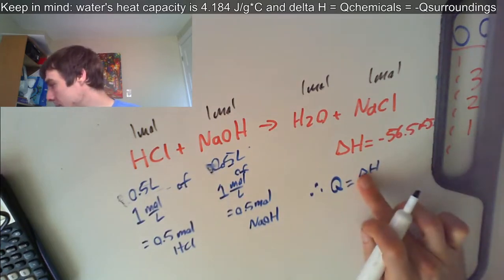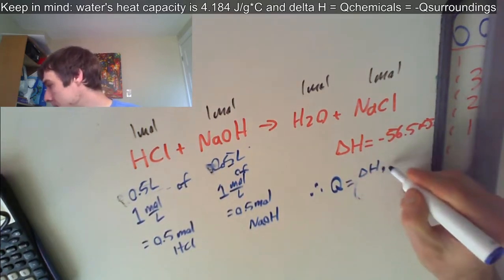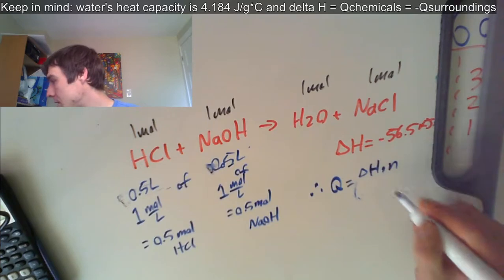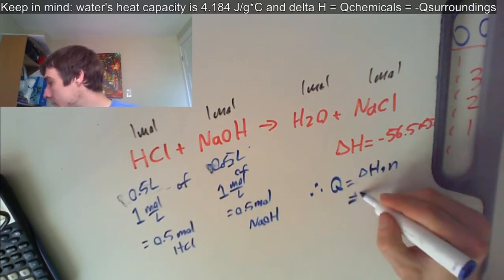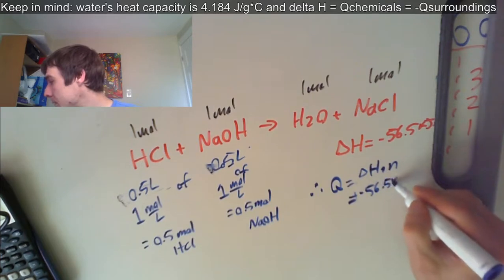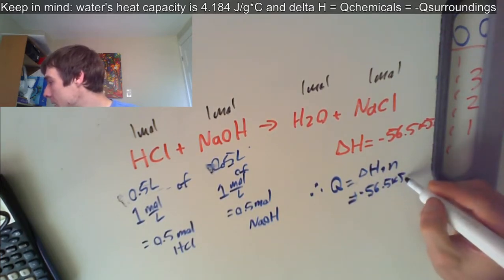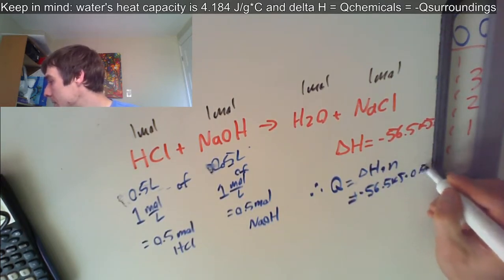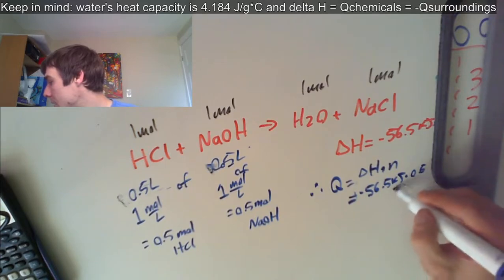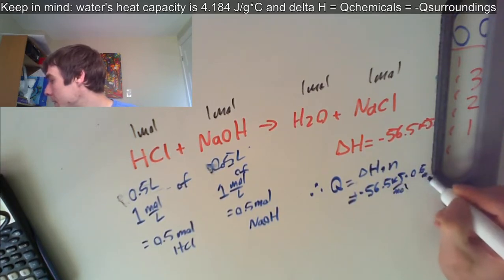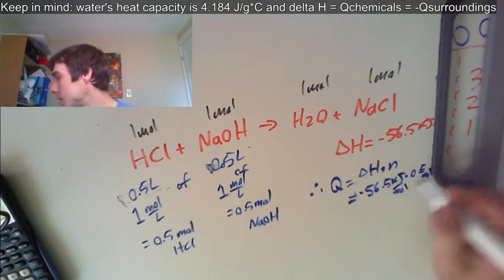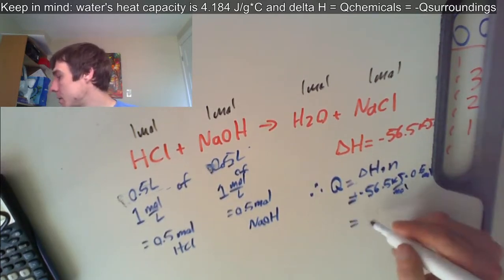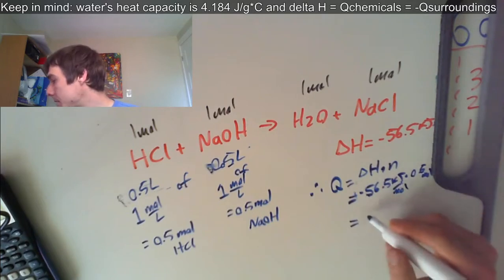So that's minus 56.5 kilojoules per mole times 0.5 moles. The moles will cancel out, you'll just get kilojoules. So whatever half of 56.5 is,